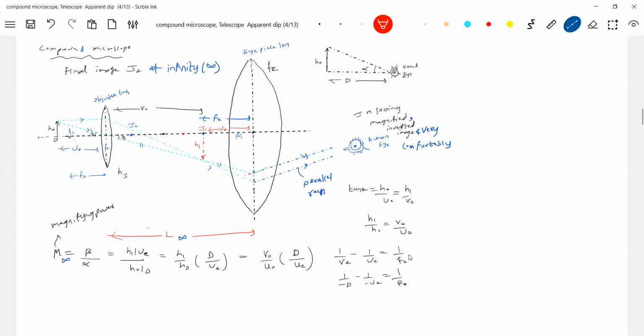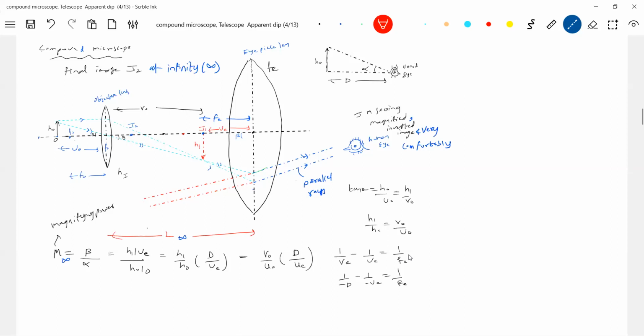I'll pull these rays back like this. Sir, image at infinity, can we see? I think now you get back to the original idea. Rays coming from far away, how do they enter into the eyes? Parallelly. This is the core idea. You can see the moon also, no? Where is the moon? Moon is outside the earth, far away, and we are able to see it comfortably. The reason is the rays emitted by the moon enter parallelly.